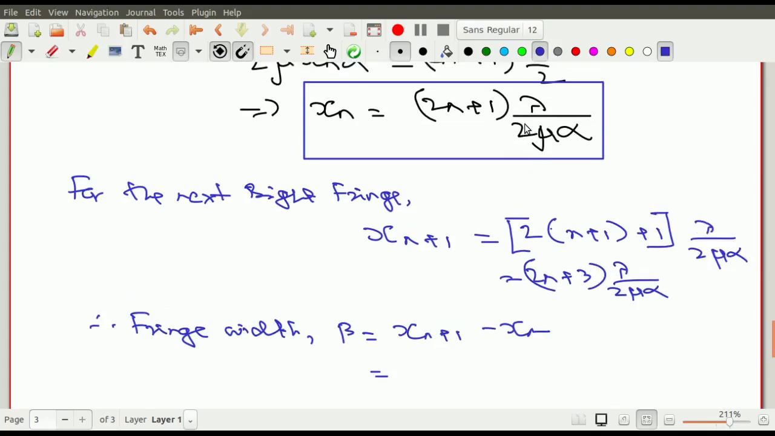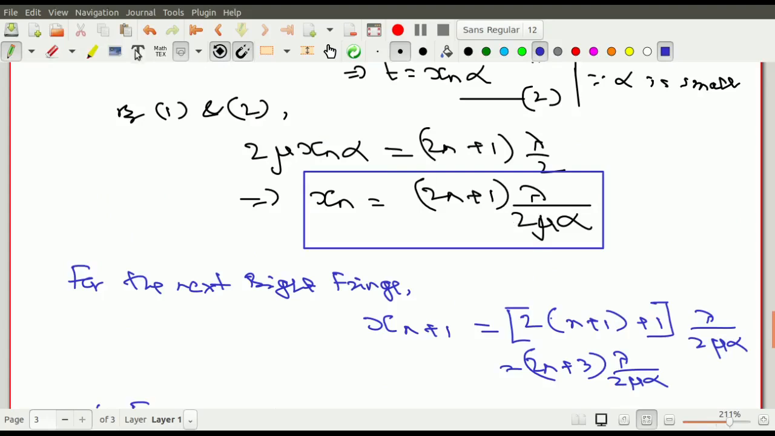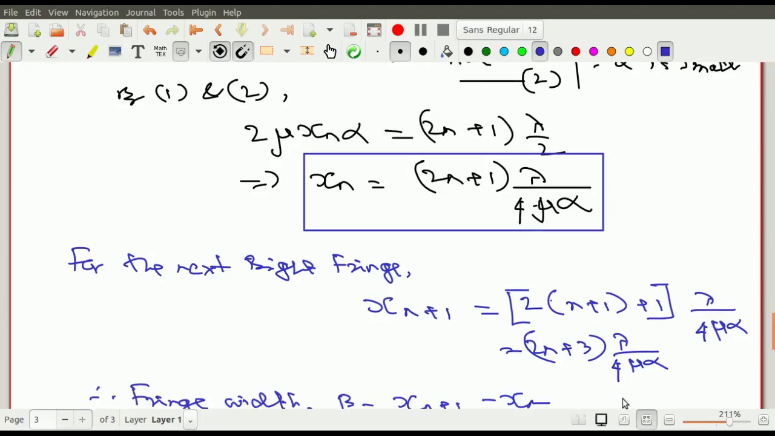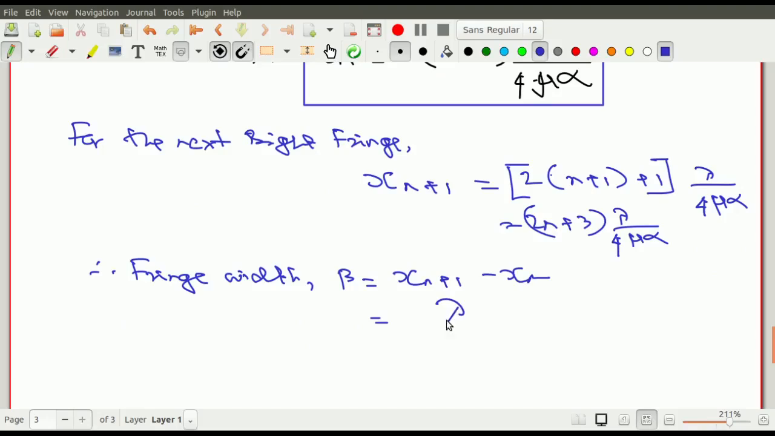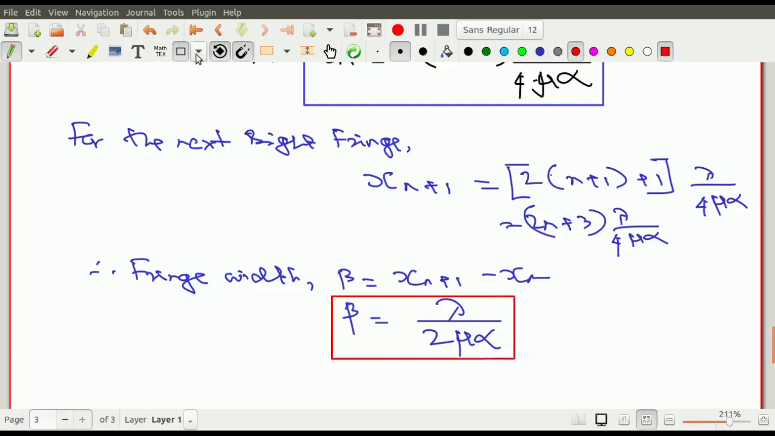that 2 gets cancelled with this 2, এখানে 4 হতো, এখানে আমি কেন 2 লিখেছি, why did I write 2, I made a mistake, there should be 4, এটা 4 হবে, this one would be 4, so this 2 and 4 cancel to give you lambda by twice mu alpha, so that is your beta value, তাহলে এখান থেকে তোমার বিটাটা চলে আসলো, you get the value of beta which is lambda by 2 mu alpha,